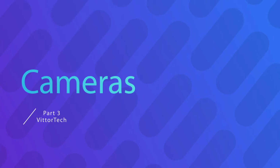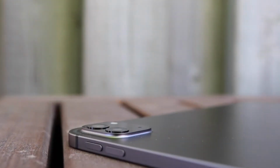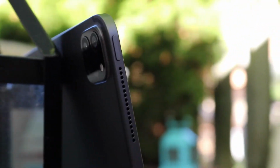So now let's talk about the cameras on this device, which you can see right here. Obviously it's got that new block very similar to the iPhone 11. It's got the new 10 megapixel ultra-wide camera that's powering the iPhone 11 Pro, along with the 12 megapixel wide camera. Performance on these cameras is great in my experience, but a major question on my mind is, who's going